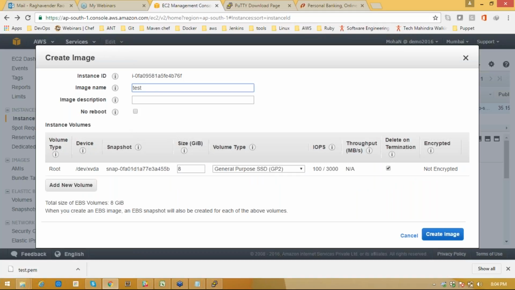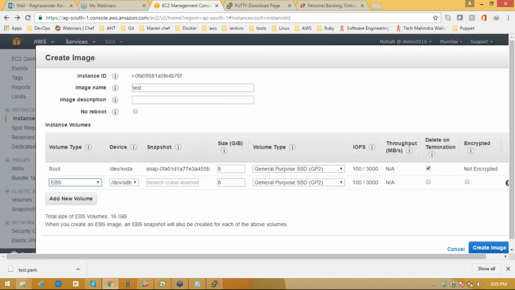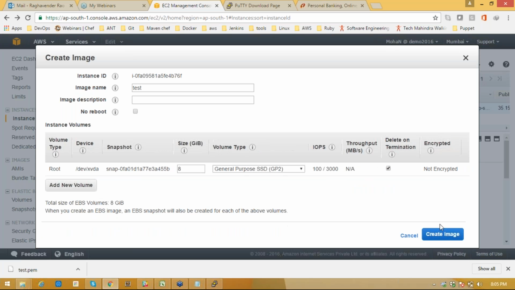Whenever you launch a server from this particular image, whatever software you installed and configured, everything will come back. Also, if you want more volumes to be added by default whenever the server is started from this image, you can add them. If I say create image,